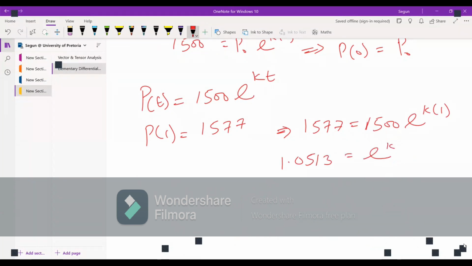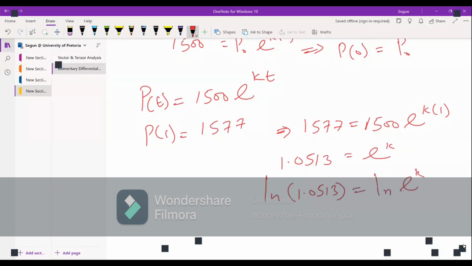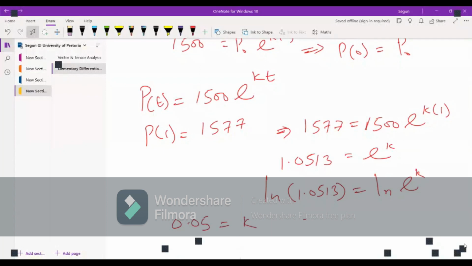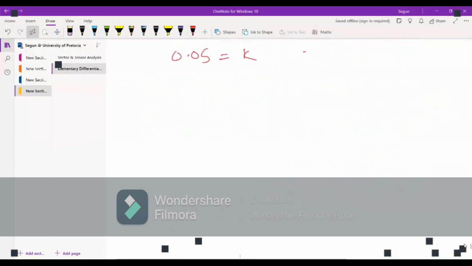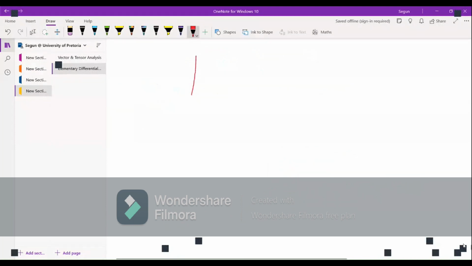Then we need k, so we take ln of both sides: ln 1.0513 equals ln exponential k. The ln of this will be 0.05, which equals k. So we can proceed by saying that P of t is equal to 1,500